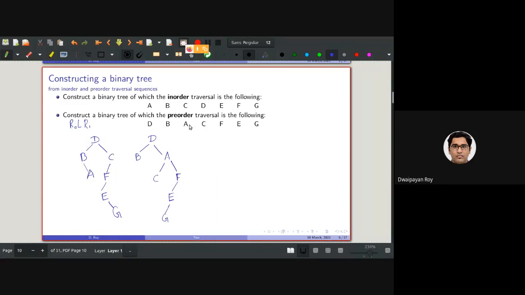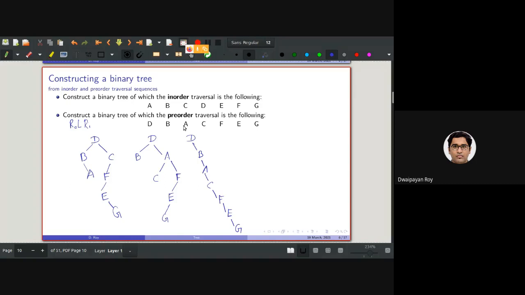And if I draw another tree, D, E, A, C, F, E, G, the pre-order traversal will also be the same. So we have seen that given one in-order or pre-order traversal, we cannot generate one unique binary tree.